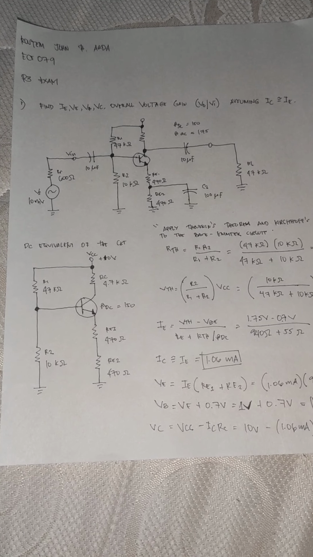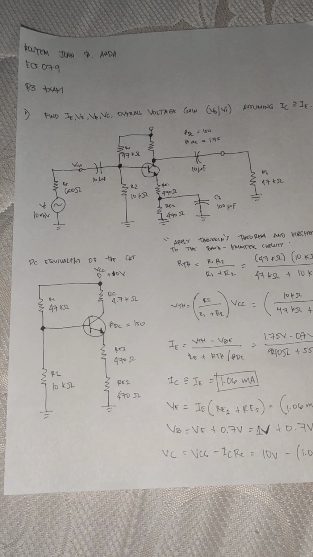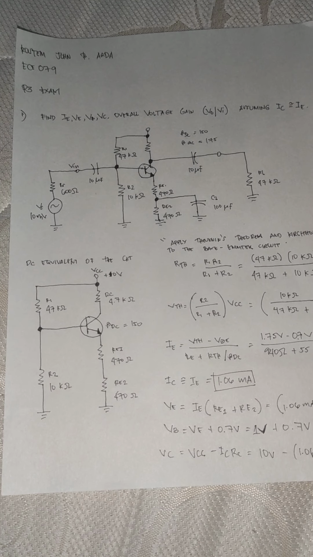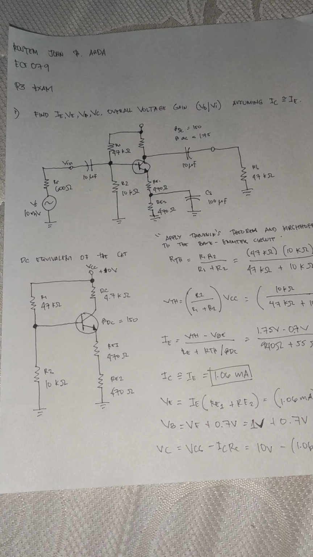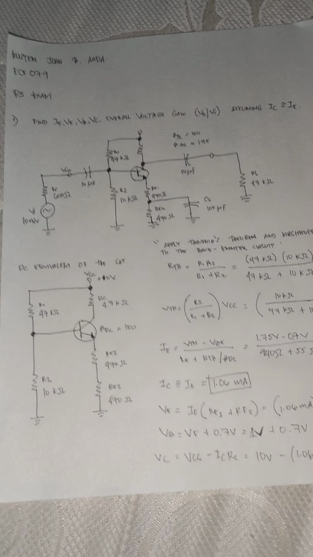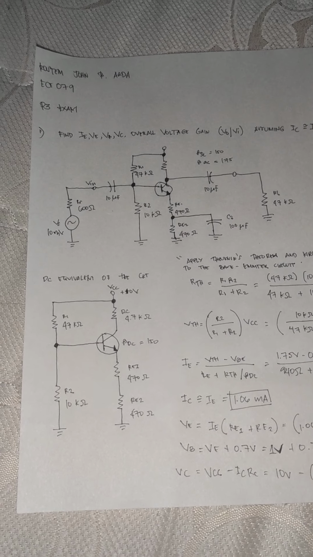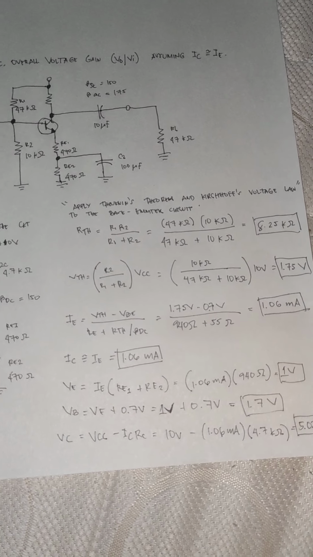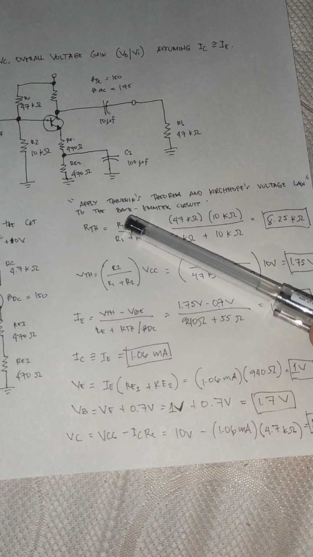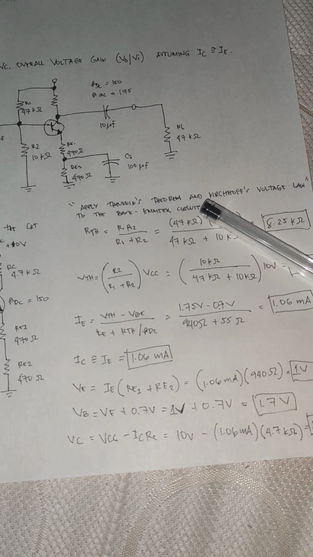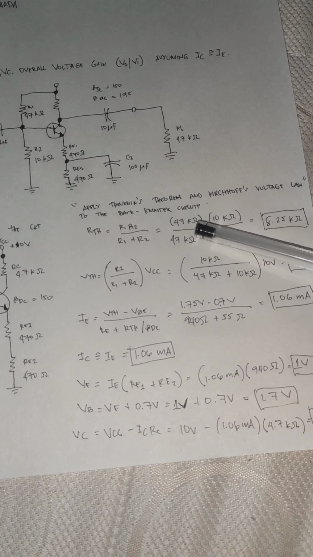Okay, for the P3 exam, find IE, VE, VB, VC, and the overall voltage gain VO over VI, assuming IC is equal to IE. Akong gisolve una ang DC equivalent of the circuit. Sa akong first step, ako siyang gigamitan og Thevenin's theorem og Kirchhoff's voltage law to the base emitter